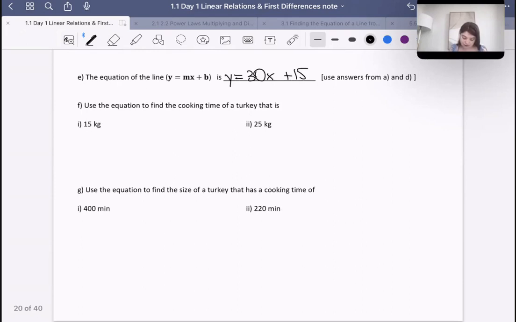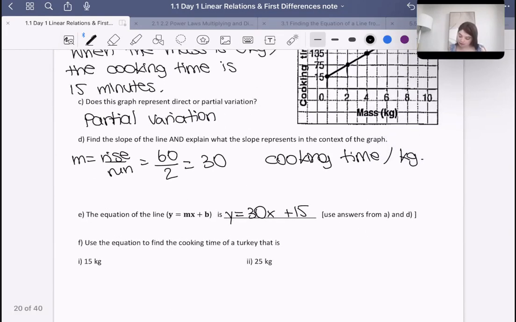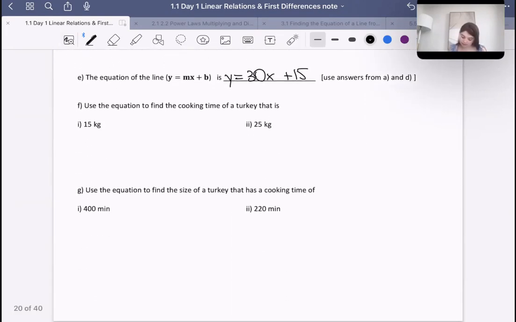Then it says to use the equation to find the cooking time of a turkey that is 15 kilograms. So kilograms is our x coordinate. Therefore, we put that in for x. So y equals 30 times 15 plus 15, which, let's see what that is. If we plug that into a calculator, 30 times 15 plus 15 is 465 minutes, which may seem like a